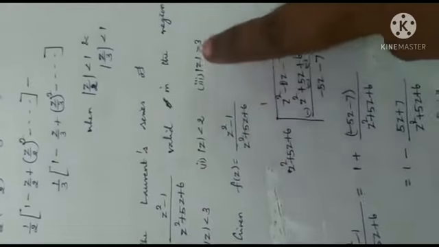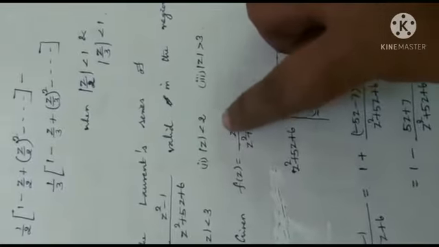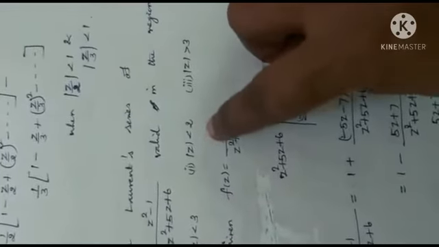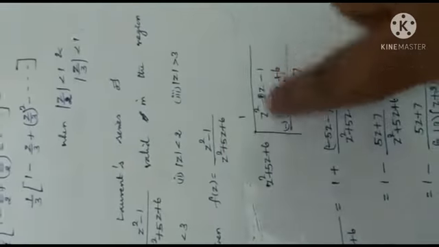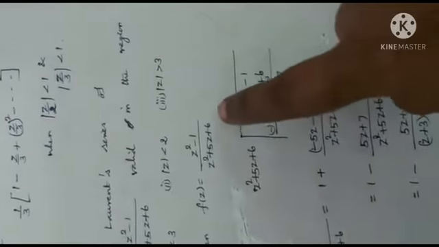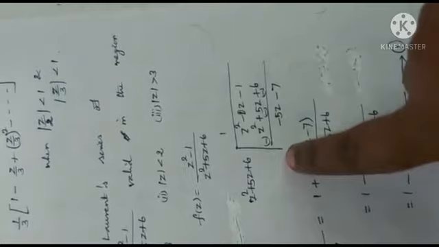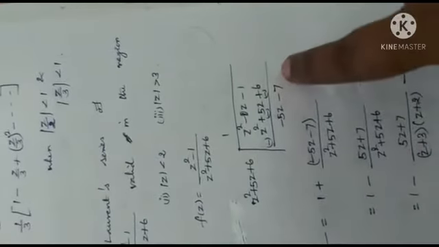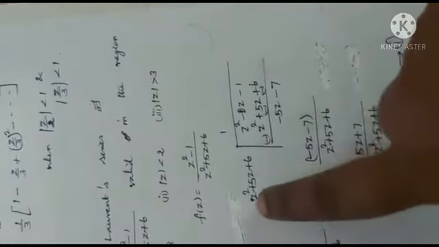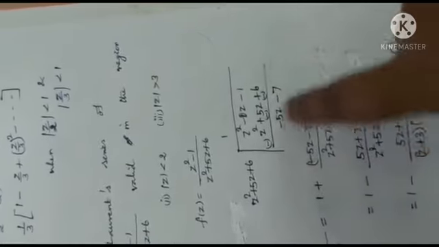We can use the partial fraction method only when the degree of numerator is less than the degree of denominator. But here the degrees are the same. If the degrees are the same, or if the numerator degree is greater than the denominator's, we have to divide. So let us divide z square minus 1 by z square plus 5z plus 6. I write 1 here, so that z square into 1 is z square. Other terms, when you simplify by changing sign, give minus 5z minus 7. That's all. This is our remainder, because here it is z square, here it is z, the degree is less.